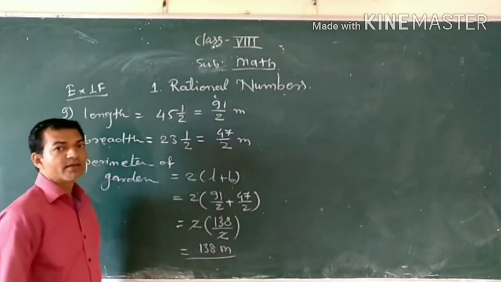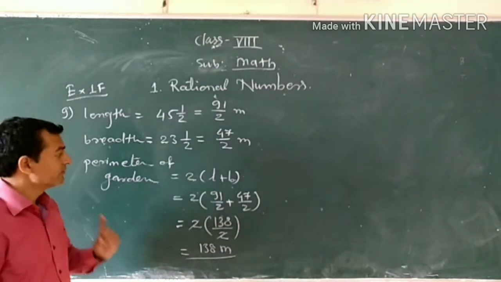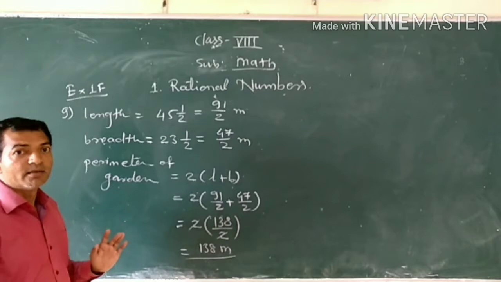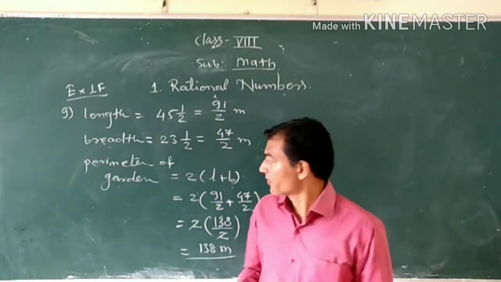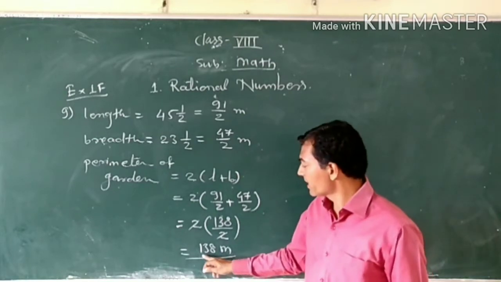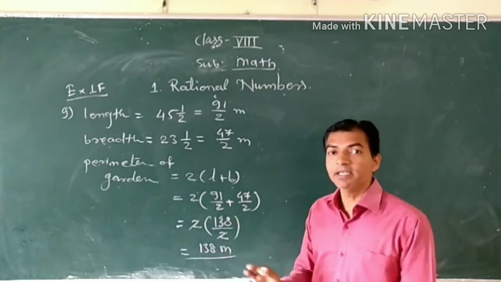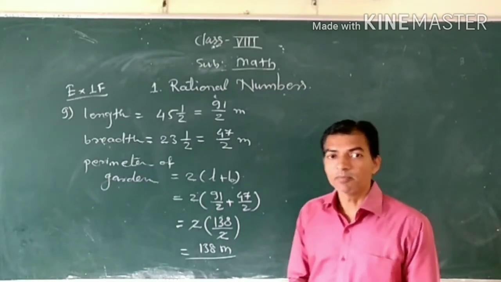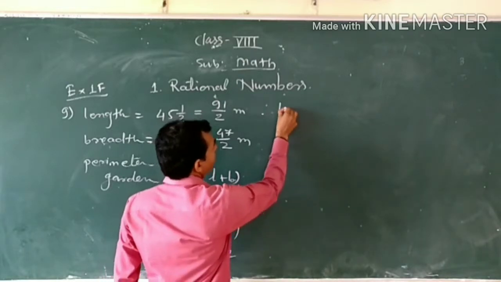This is the length of wire to fence 1 layer only. But you have to fence 3 layers. So for 1 layer you require 138 meter length of wire. For 3 layers, how much length of wire is required? So you have to multiply it by 3. Therefore the length of wire required for 3 layers